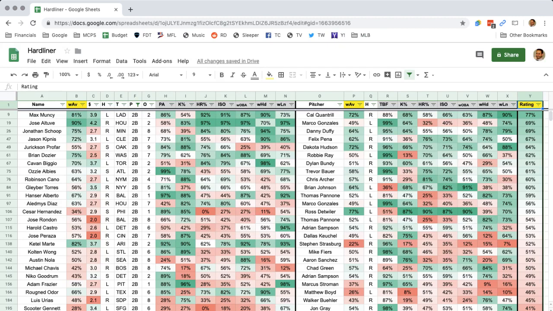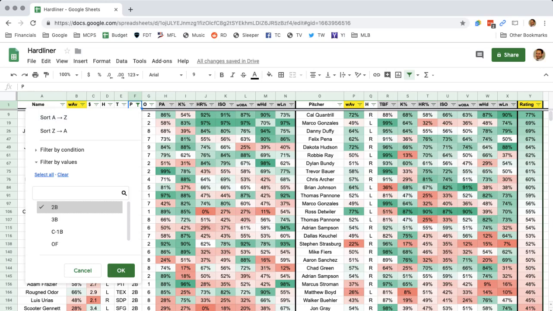So we've got a couple good second base options up there. It's a big slate, tons and tons of options to consider. So narrowing it down to Max Muncy is probably pretty helpful, but I don't think it takes a rocket scientist to direct you to use Max Muncy.